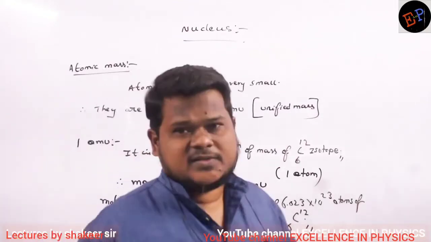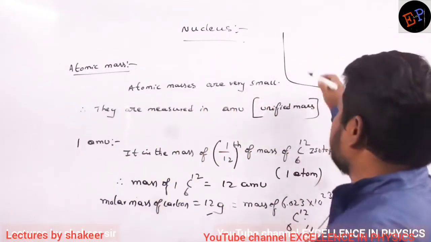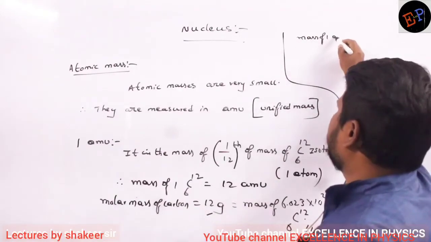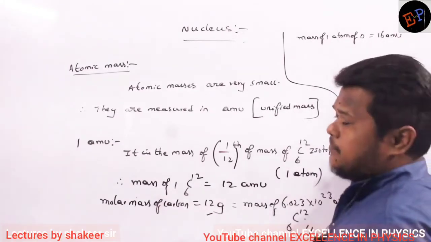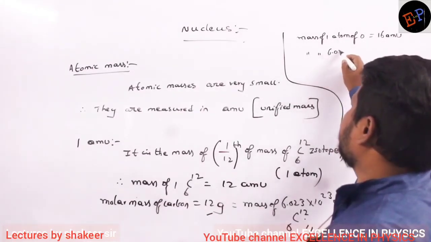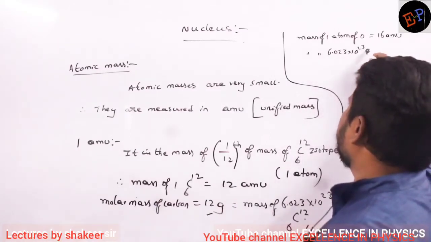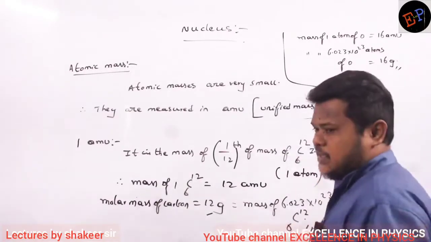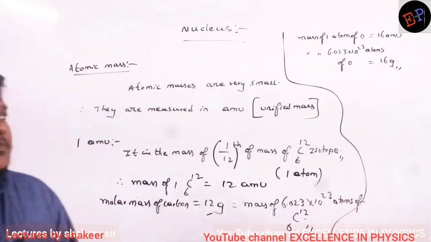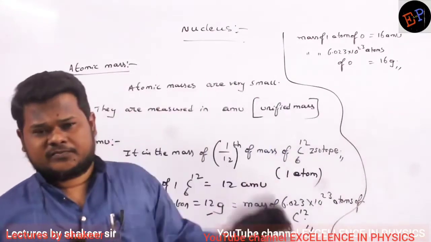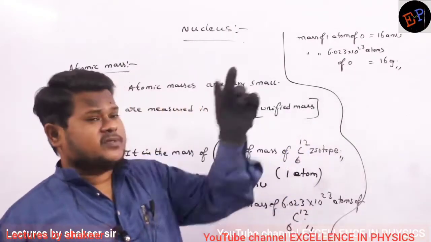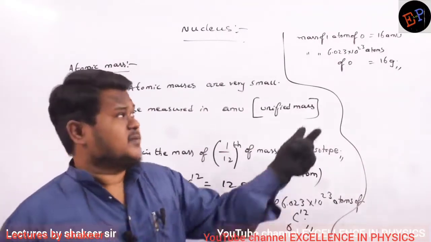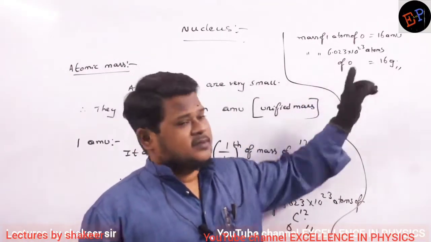Clear? So therefore, for example, here I can write down. Mass of one atom of oxygen is how much? It is 16 AMU. Okay, ma? Mass of 6.023 into 10 power 23 atoms of oxygen is how much? It is 16 grams. That's it. That is the difference. Grams is a very, very big unit when compared to AMU, because AMU is the mass of a single atom, but grams is the mass of these many atoms. Inni atoms mass తీసుకుంటే 16 grams.